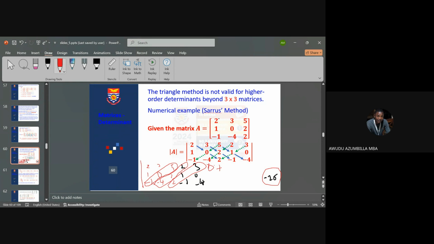Then the second one, 4 by 2 is 8, minus 8, and this is minus 16. Minus 16. And the last one is 2 by 2 by 2. That is going to give us